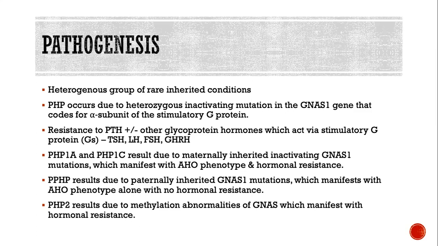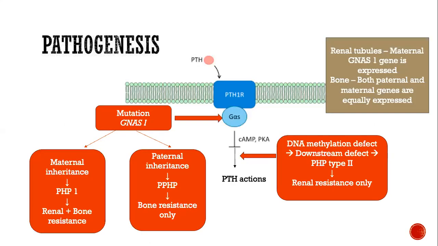That means they have normal calcium, phosphate, and plasma PTH level. Pseudohypoparathyroidism type 2 results due to methylation abnormalities of GNAS, which manifest with hormonal resistance. So that's why these pseudohypoparathyroidism type 2 patients also have biochemical evidence of hypocalcemia, hyperphosphatemia, and increased PTH. But they don't look like pseudohypoparathyroidism type 1. There is no AHO phenotype. The same thing